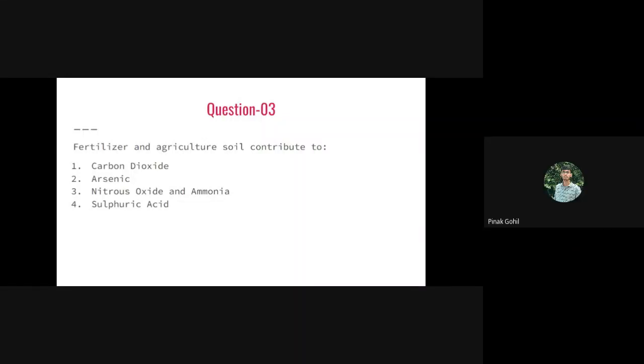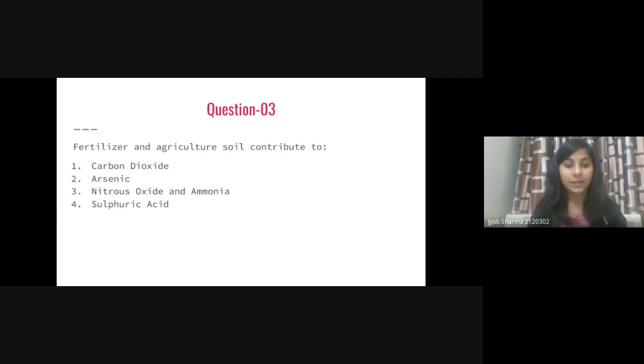Because nitrous oxide is obtained from the treatment of manure generally. So fertilizer and agricultural soil is C, nitrous oxide and ammonia. Yes, so the answer should be nitrous oxide and ammonia. And as you know, most of the time your fertilizer is urea. Urea is nothing but a compound of nitrogen, and most of the time in our soil there is a deficiency of three compounds. The first is nitrogen, the second is phosphorus, and the third is potassium. So NPK. Whenever there is a deficiency of this NPK, then